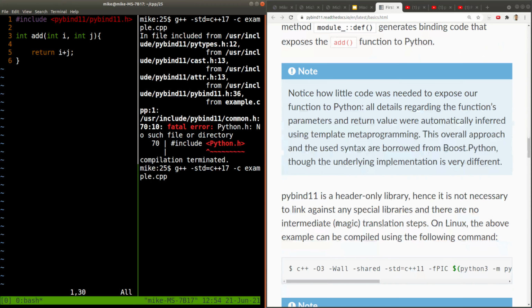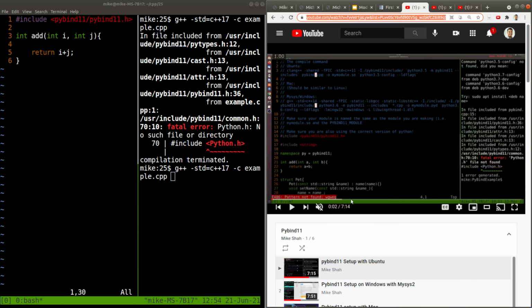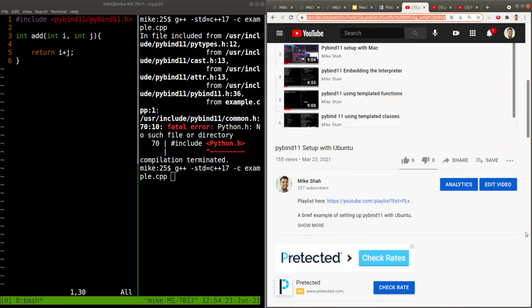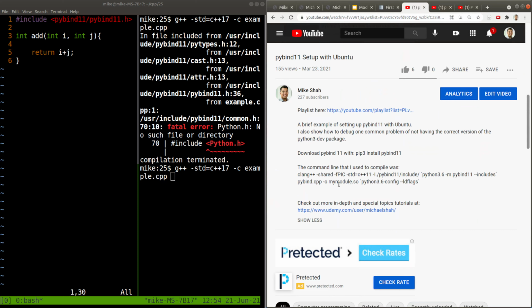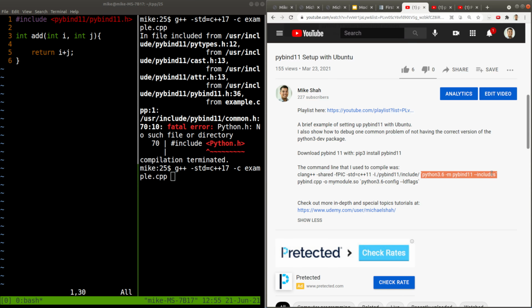So you can either follow along in this tutorial by using the provided compilation steps, or you can go to whatever respective operating system you're using, Ubuntu, Windows, or Mac, and look in the description for the compilation line. Again, we're compiling this as a shared library, and we need to tell it where to find our includes here. So let's add our includes. I'm just going to copy this here and see if this gets us any further.